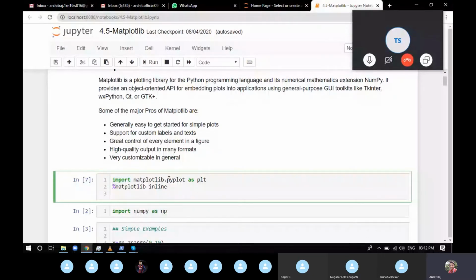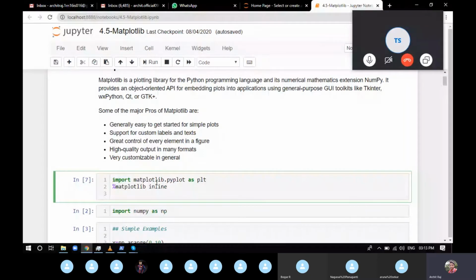If we know which sub-package we want, we can specify that with a dot operator. In matplotlib you're mostly going to use pyplot. So import matplotlib.pyplot as plt. We took the package, got the exact sub-package we wanted, and gave it an alias of plt.